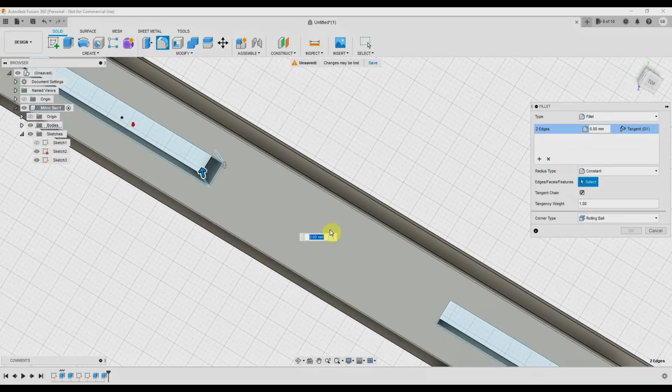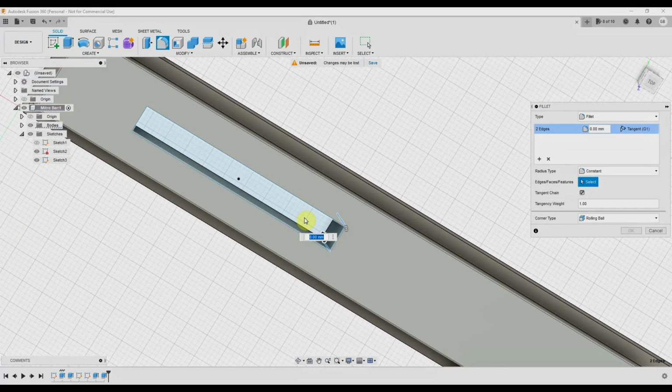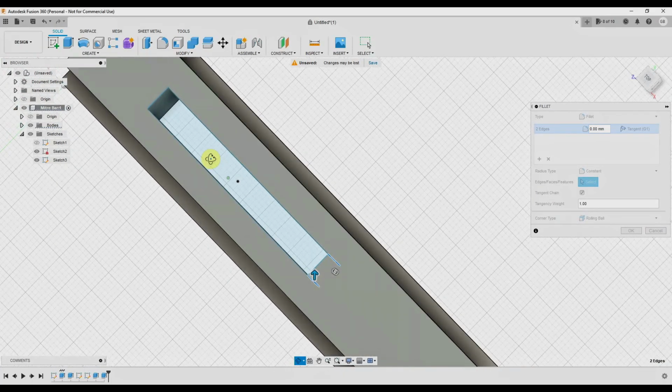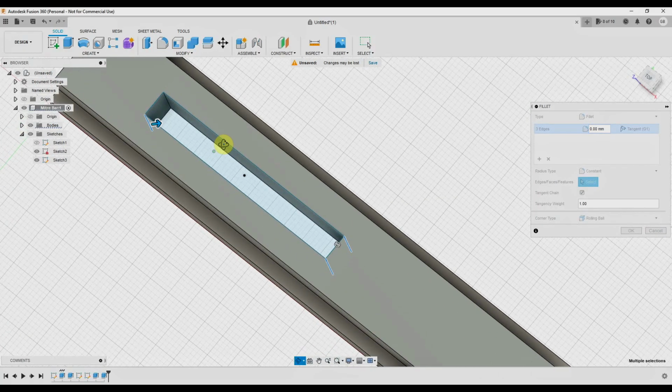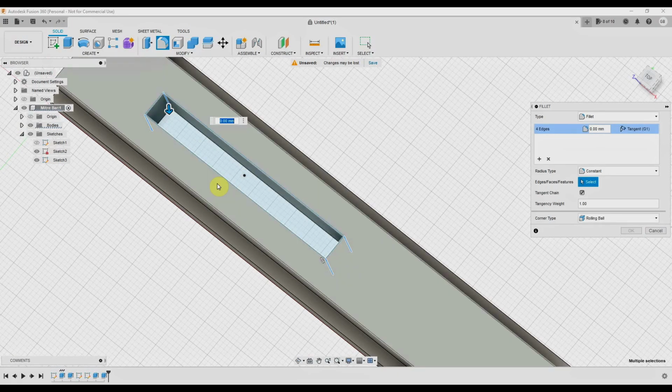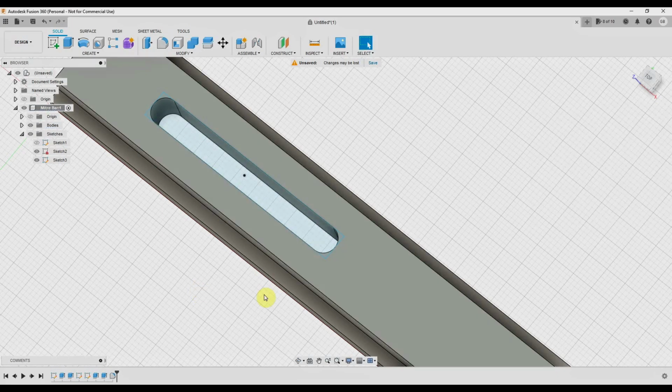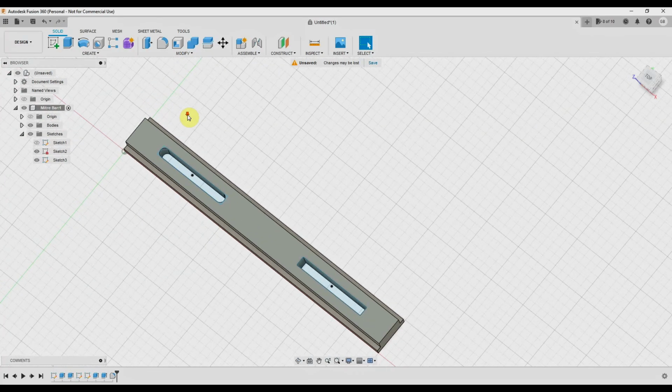Then I'll zoom out a little bit, revolve it around, choose the other two, and because I've got a 6 mil wide slot, if I choose a 3 mil radius and hit enter, then I get the lovely curved ends on it that make it look like a nice bolt